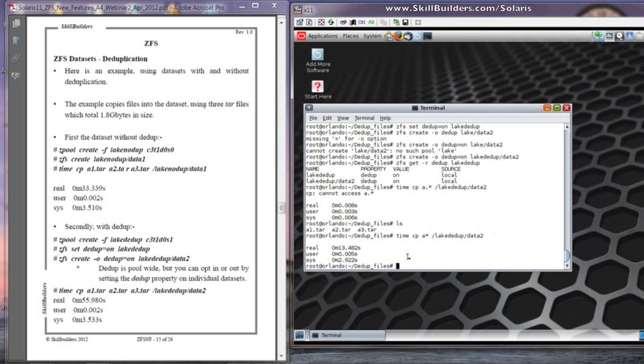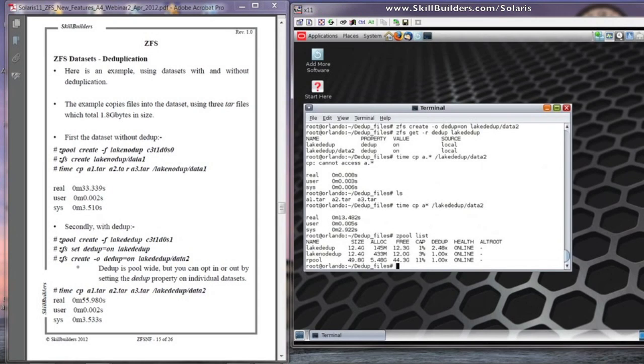But the other important thing, of course, is how much space it is taking up, because apparently we should have the same amount of space occupied for each pool. But if we do a zpool list, lake dedupe is occupying 145 megs and lake no dedupe 433. Now that is quite a difference, and there you can see straight away the benefits you get from deduplication. Quite stunning, really. I'm sure you wouldn't get that in every situation,